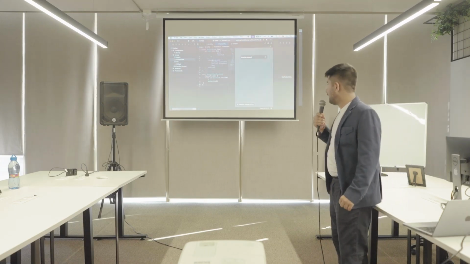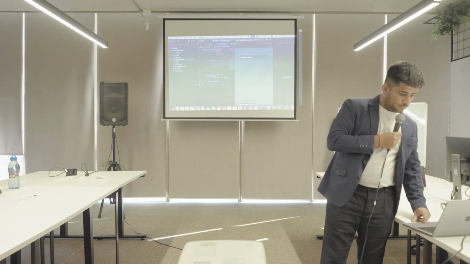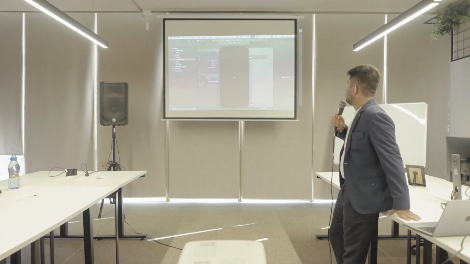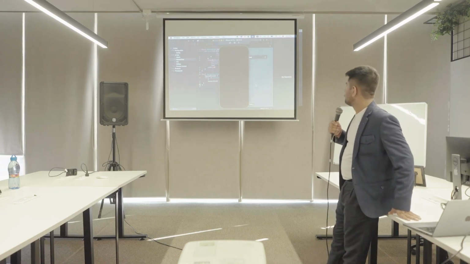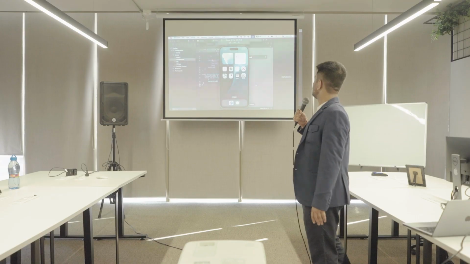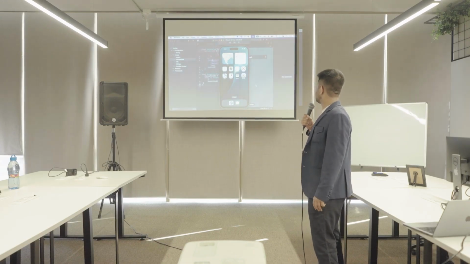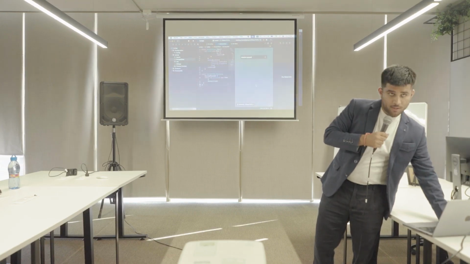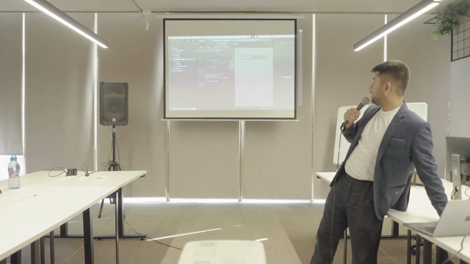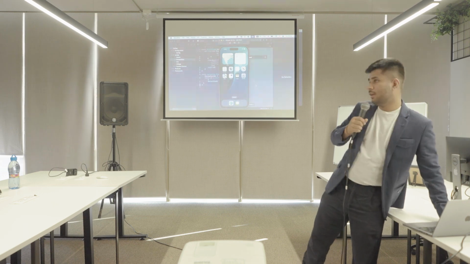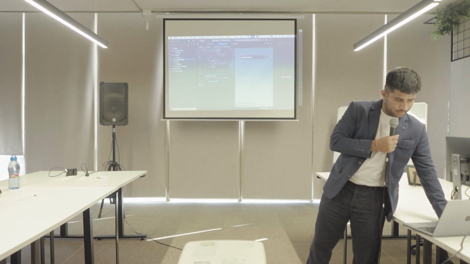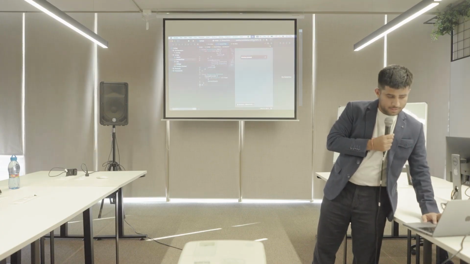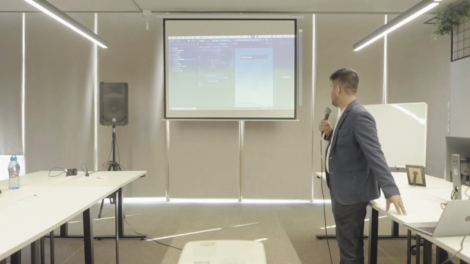So it's installing to an iPhone 16 Pro. Here's my simulator. iOS development is pretty similar to Android as well. The first launch takes a huge amount of time, but then subsequent loads are really quick. If you see, this is just saying it's stuck on installing. I hope it gets done.